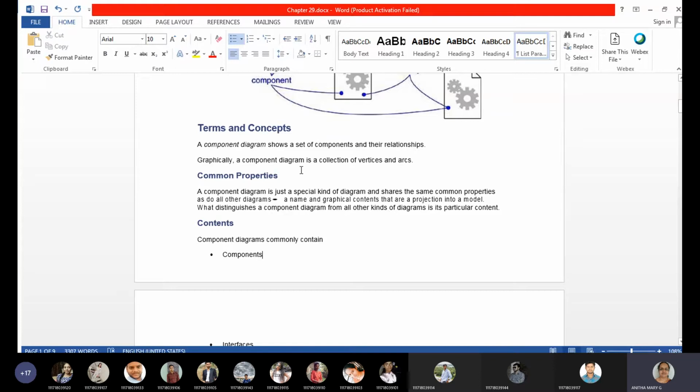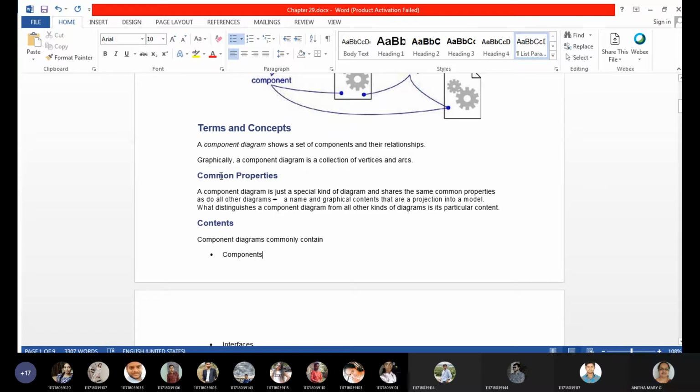Since it is a diagram chapter, what are the subheadings under terms and concepts? Common properties, contents and common uses. The main subheadings are terminology, common modeling techniques, forward and reverse engineering.